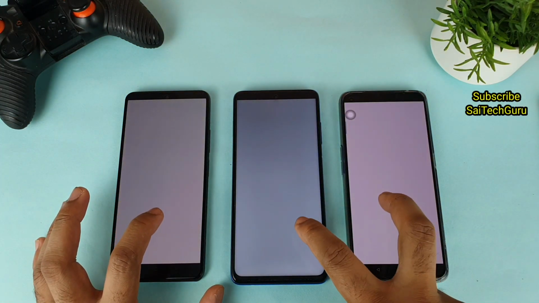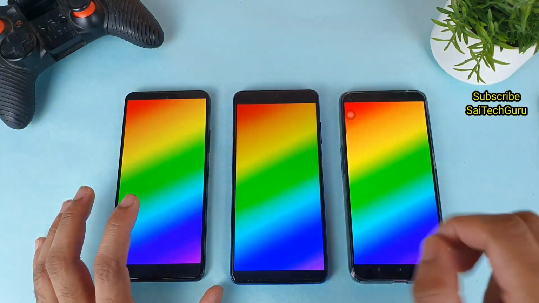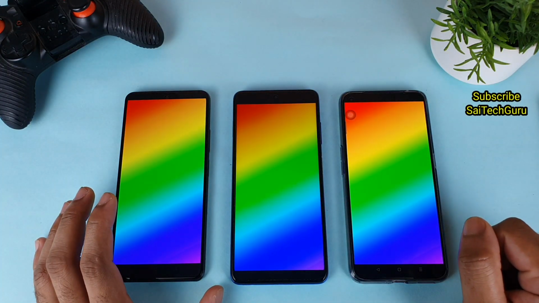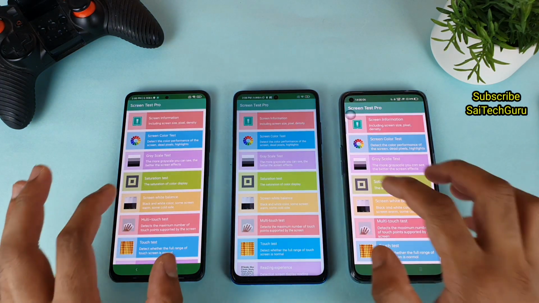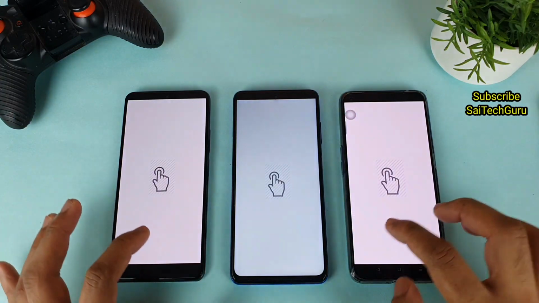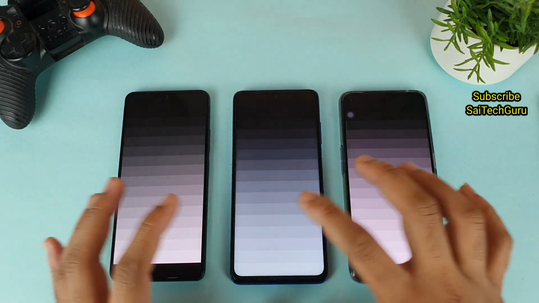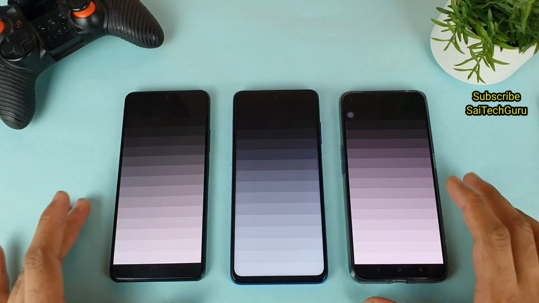As you can see, this is another color. This is a normal color. As you can see, friends, these are the results between all the three smartphones in terms of the colors. So this is what I'll be doing, friends, using this kind of application which will be demonstrating the colors of all the three smartphones. So which phone will be the best?